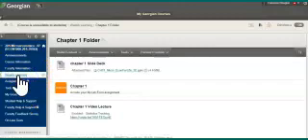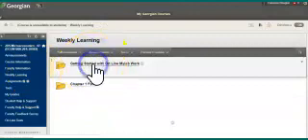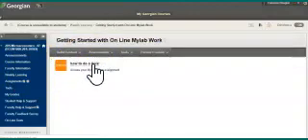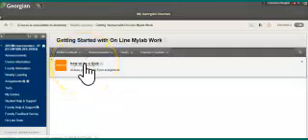week 1, which is called Getting Started. I think I called it... Okay, Getting Started with MyLab. You'll notice that it has a quiz here that you need to do. It is actually worth marks, by the way. So I'm just going to open this up so you can see what you would expect